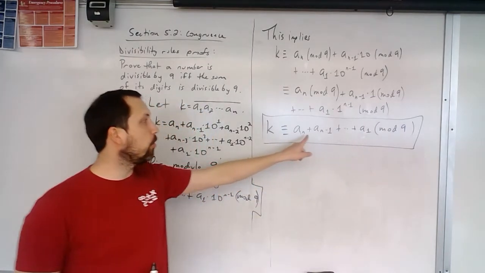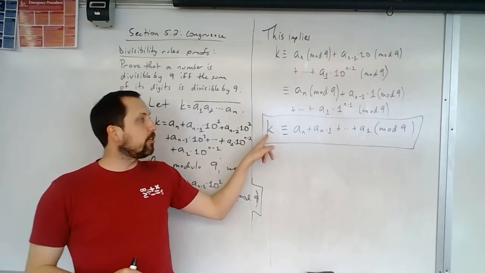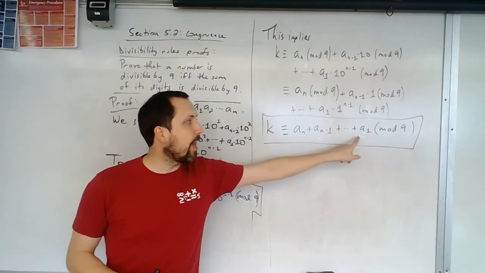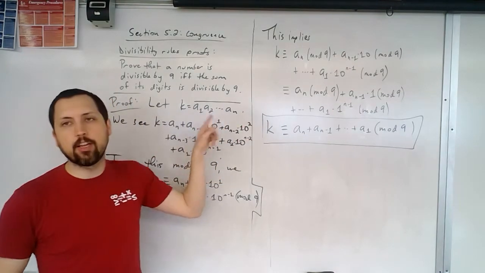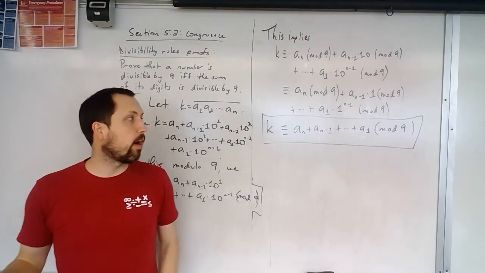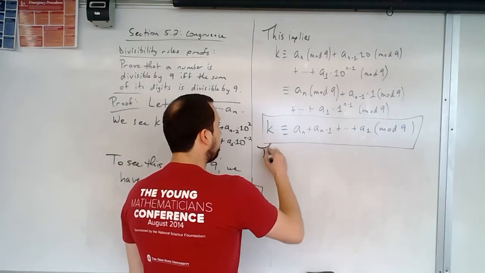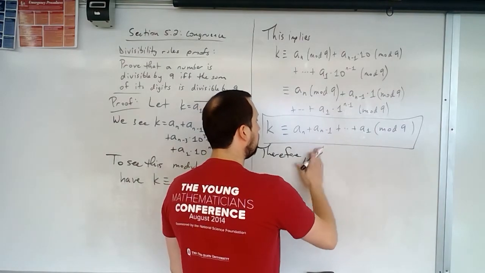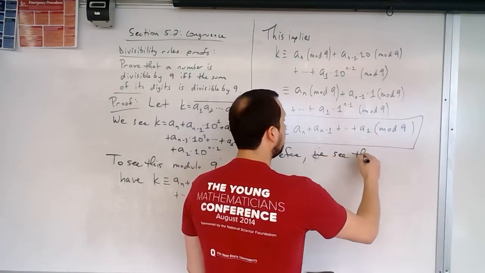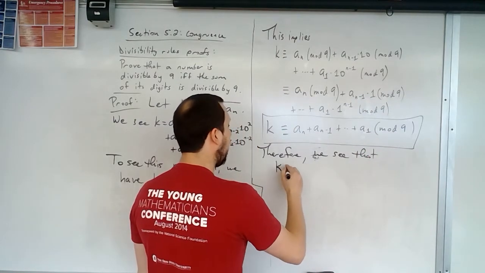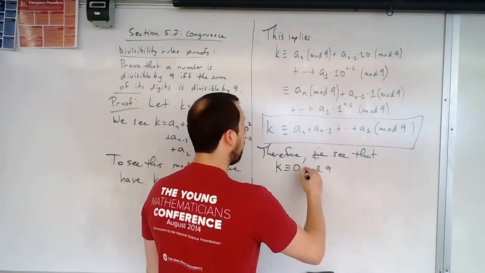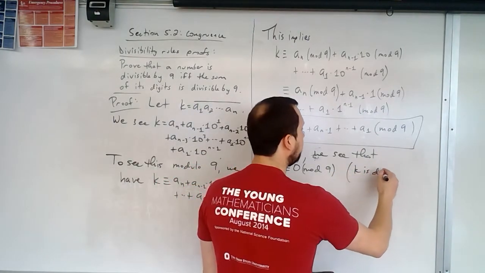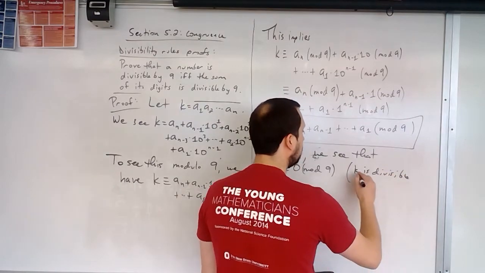So what we have now shown is that the remainder of k when we divide it by 9 is the same as the remainder when we add up all of the individual digits from our number. And that's exactly what we wanted to prove. So therefore, we see that k is congruent to 0 mod 9, which what this implies is we're saying that k is divisible by 9